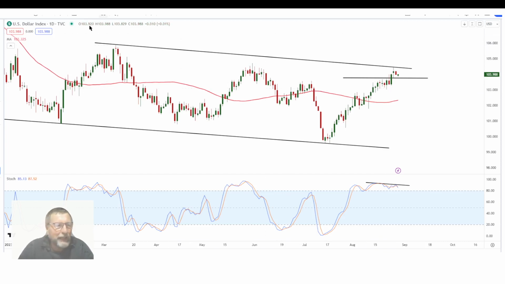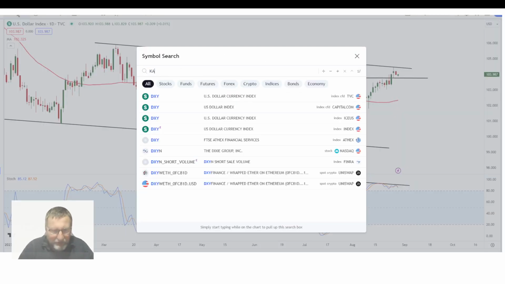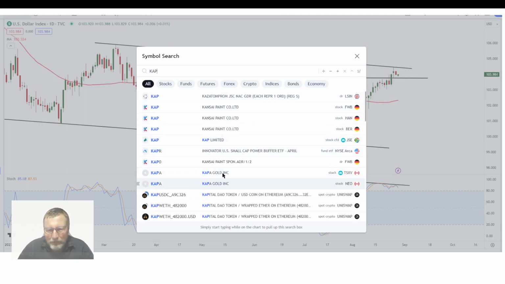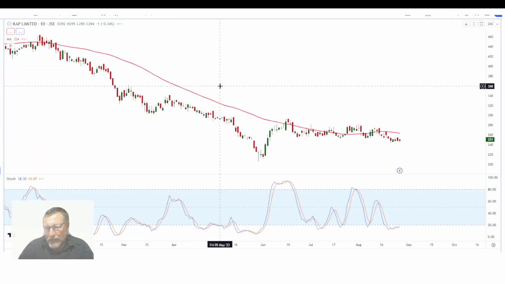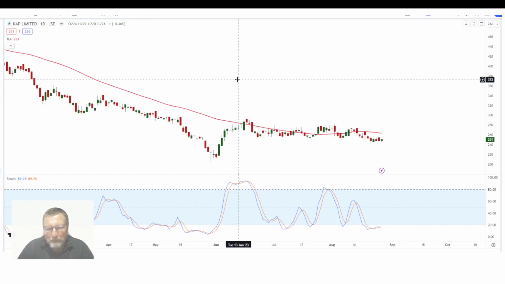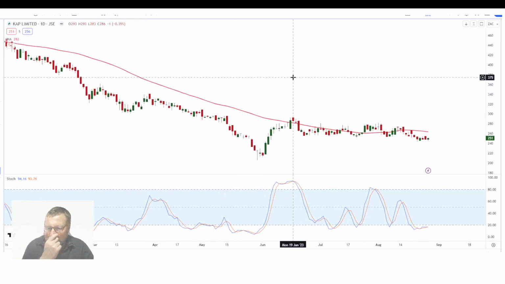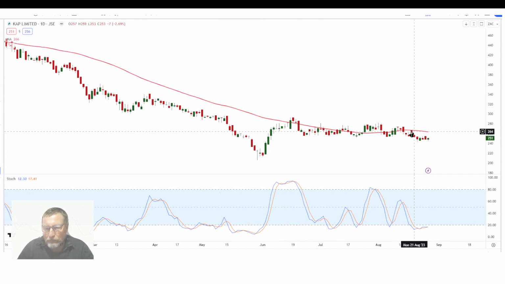Well, let's have a look at KAP. Somebody asked about KAP, and he wanted to know if he can buy it, and let's have a look here. Well, KAP is working on a beautiful consolidation, and just see how it works on this 50-day moving average. It's almost like it is stuck between and above this 50-day moving average. And for me, it's quite simple. If that's the case, then I say to myself, let's see if this 50-day moving average, and that is sitting at 264, can change into a support, and then maybe we can see a nice move to the upside.